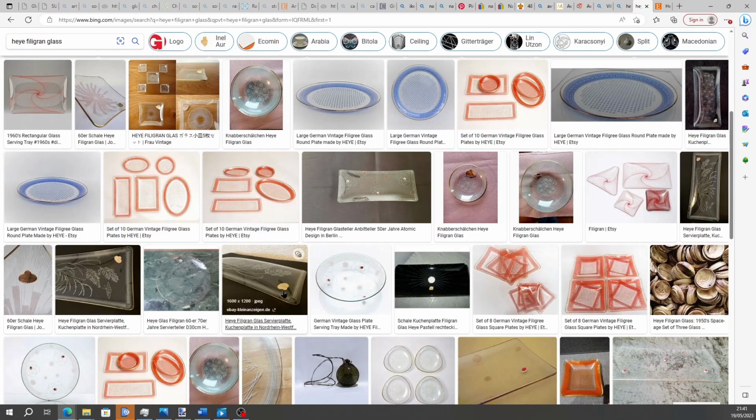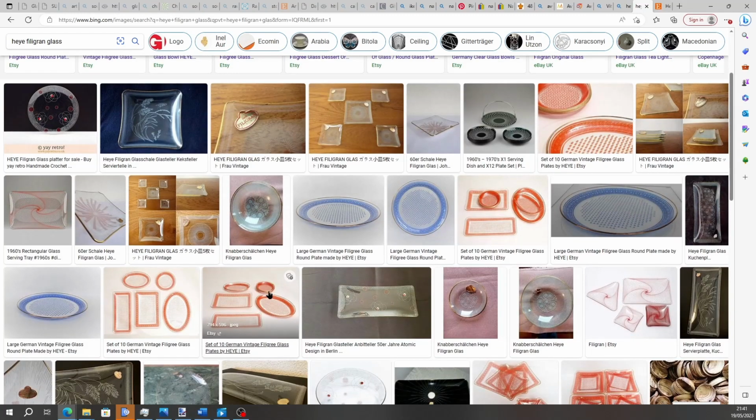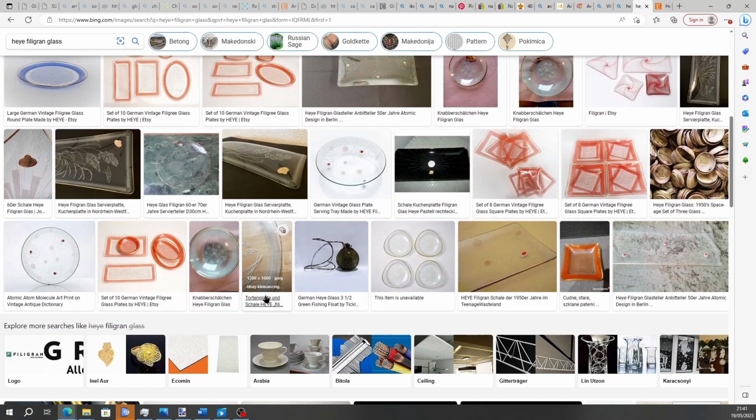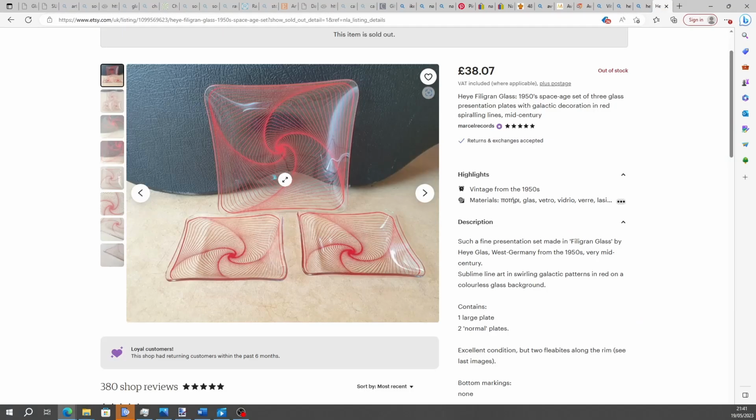Quite a few of these are labelled, but it does look a lot like the Chance Brothers stuff. I'm going to try and burn some of this into my brain a little bit, so that I can spot it out. I'm sure this one that we were looking at just a second ago, I've seen this one here before, and I think I've said it was Chance Brothers, but I thought it was like a variation on Swirl. I think I saw it at Click Antiques. Yeah, anyway,